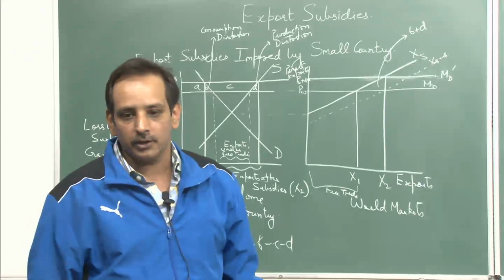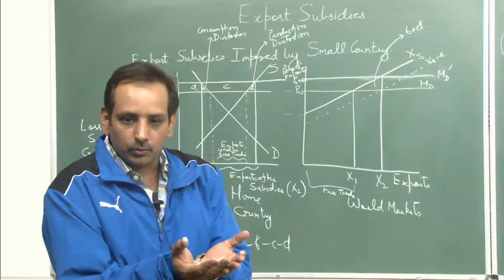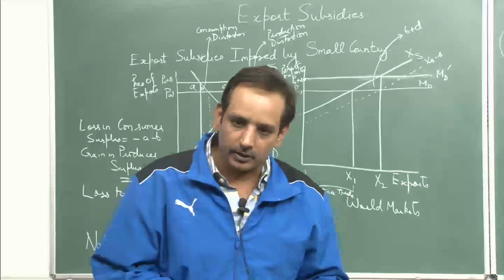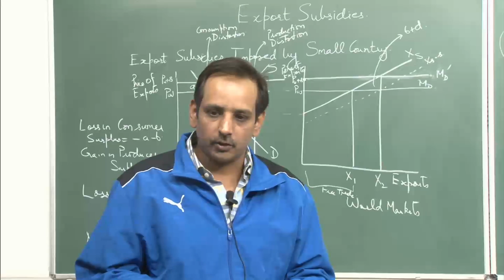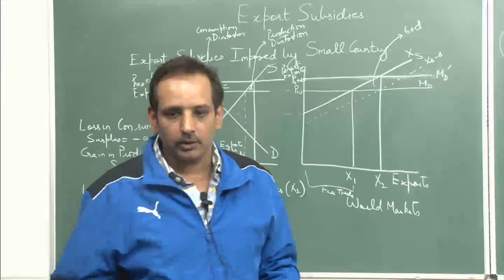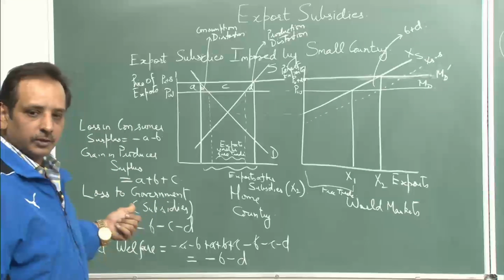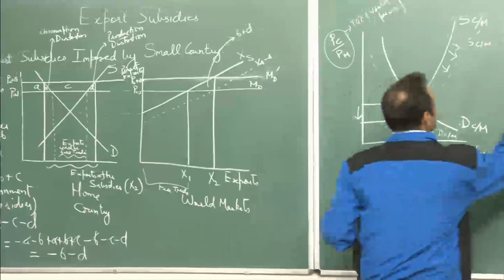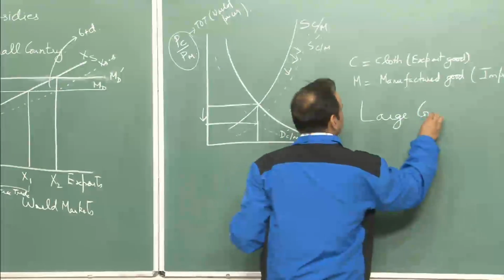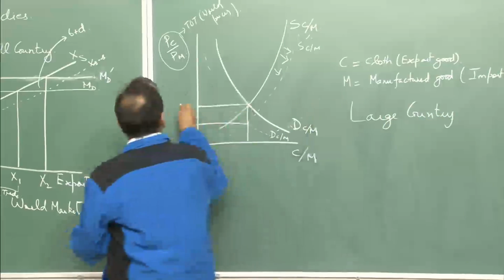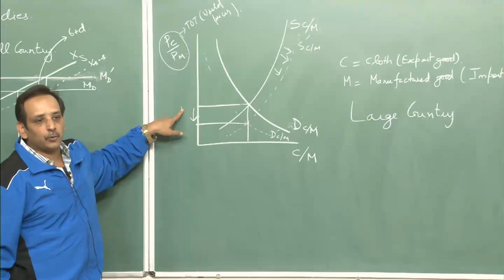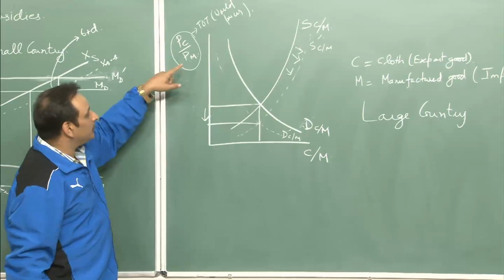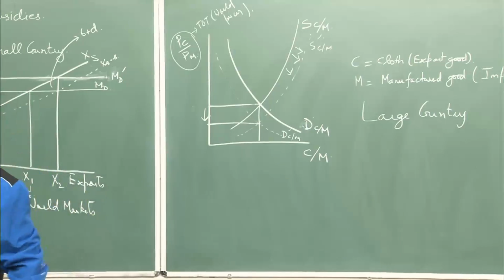That's what happens. So then this revenue, this is a loss for the government. So you are creating distortions in the economy, production and consumption distortion, and at the same time government is losing. So that's the reason that export subsidies are always welfare reducing. And even for a large country like this, you see a decline in the world prices. So when they say that export subsidies depress the world prices, PC by PM goes down. So the world prices go down,